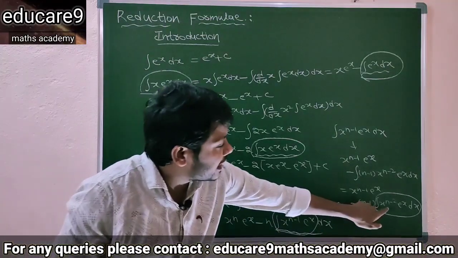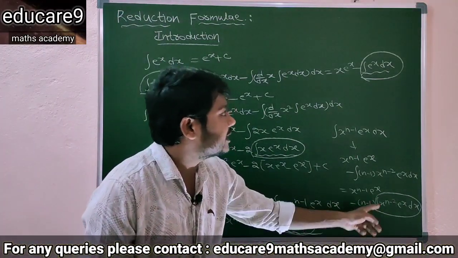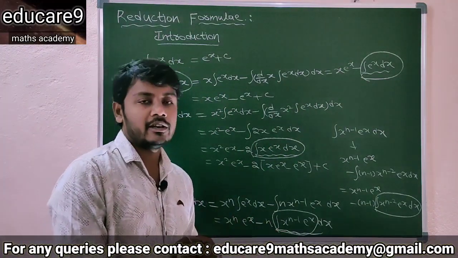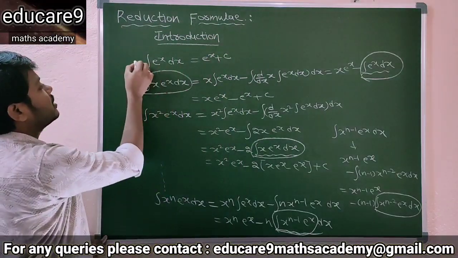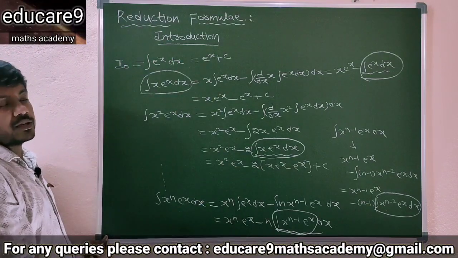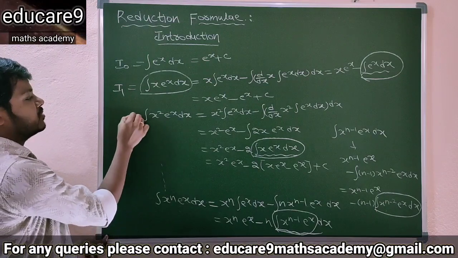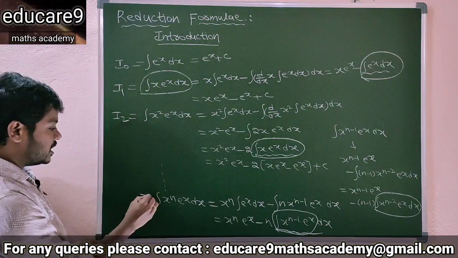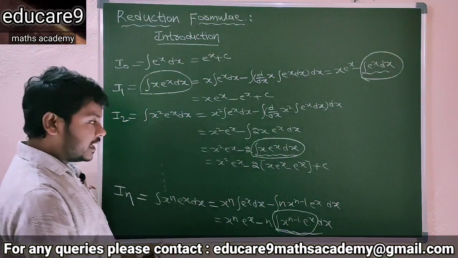So again you will get the before of that term. So clearly the integration terms are repeated. So to reduce this integration we have to introduce reduction formula. See here, this is I naught, because x to the power of 0 is there. Now this is I1 and this is x to the power of 2, I2. Similarly here the power is there, so this can be written as, now see here, this is In minus 1.